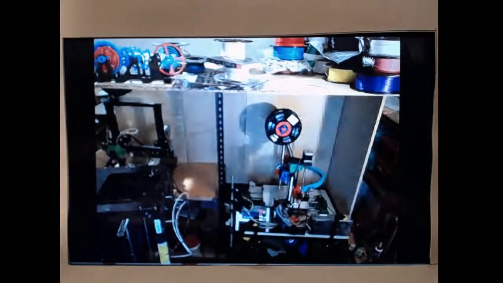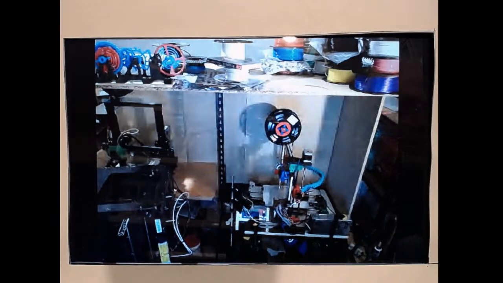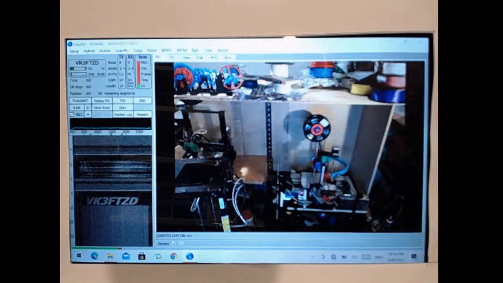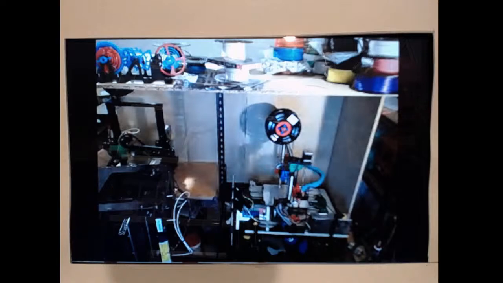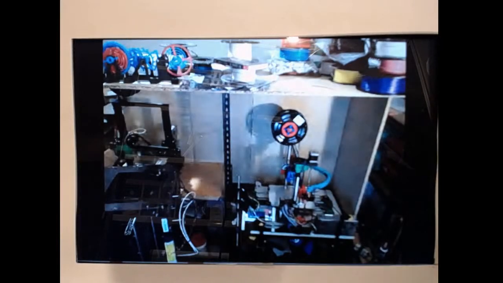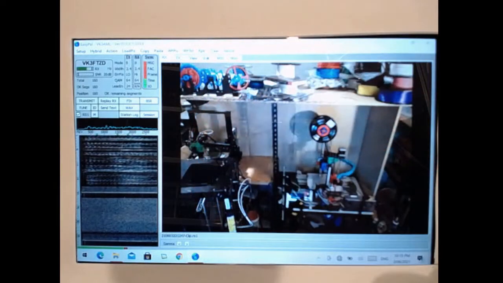VK3AML, VK3FTZD. How did you go decoding that image there, Chris? No problems at all, Tim. I've just reduced that in size. What is it, 20 dB? And you've certainly got all of that down to a fine art. VK3FTZD, VK3AML. Thanks, Chris. VK3FTJS. Terry, how did you go decoding that? Yeah, 21 dB, full decode, 160 segments, and yeah, very nice setup. Tim, sorry. Yeah, as normal, you're doing well with them. To think you only had one 12 months ago.